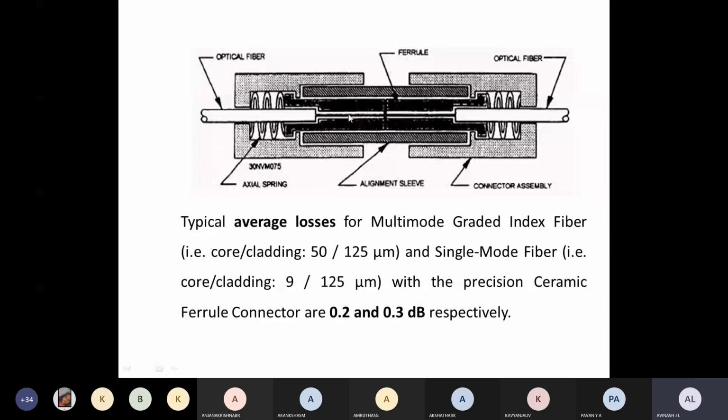So the axis will be taken, and the ferrule will act as a core inside, and the signal will pass without breaking. If any mismatch is there, we can use the alignment screw also, which is provided. Your axial spring gives supporting, and the connector assembly will be there outside to give strength. The alignment screw will be useful for fixing the ferrule to match the core axis. So that will be there always.